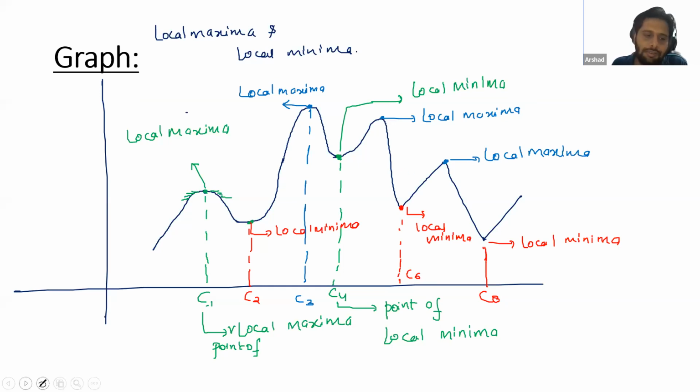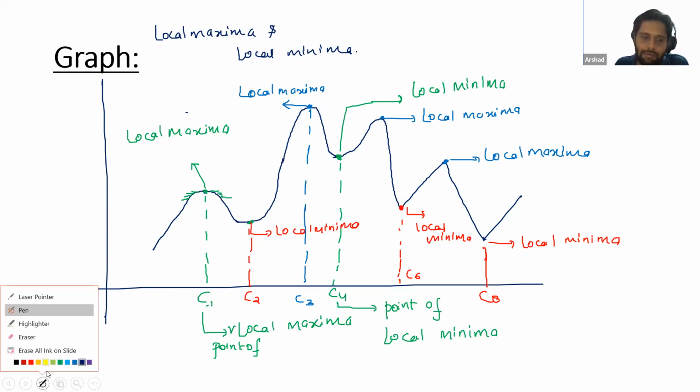I hope this is clear to everyone, what local maxima and minima are. It is not the greatest or the least value. Local maxima means the value is greater than the neighboring values. Local minima means the value is lesser than the neighboring values. Now, if we analyze this graph,